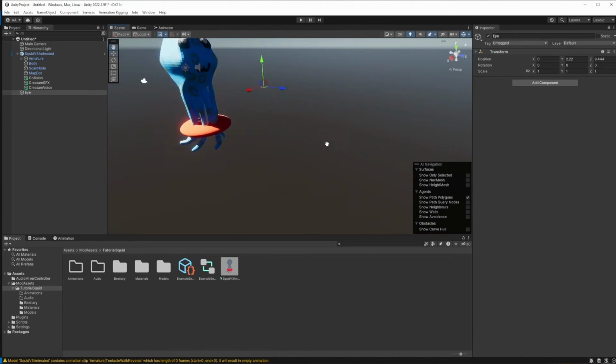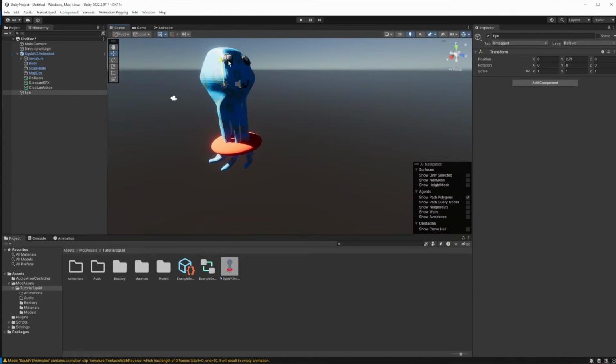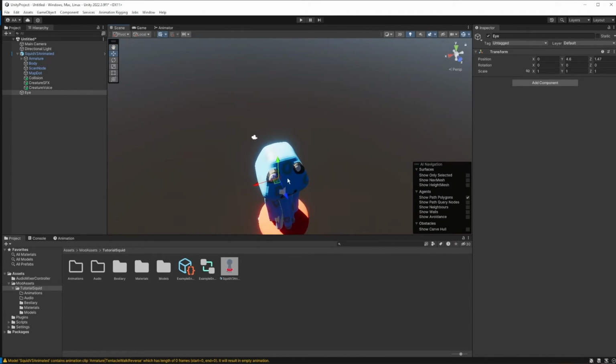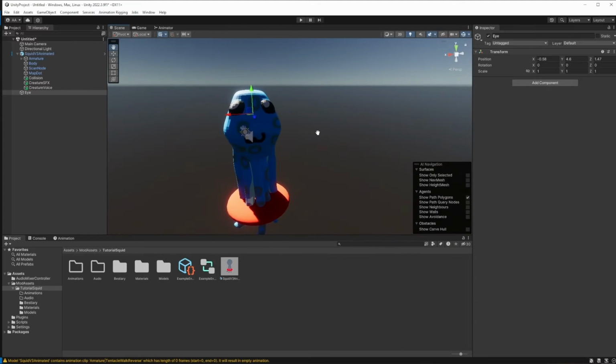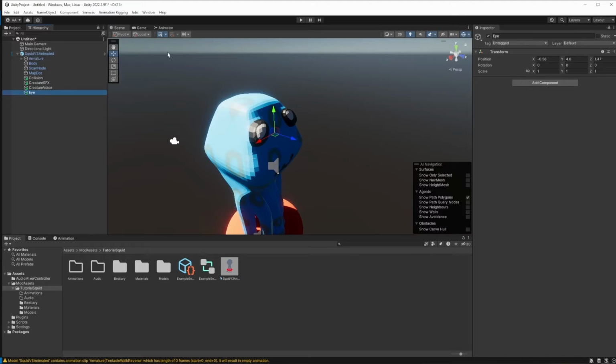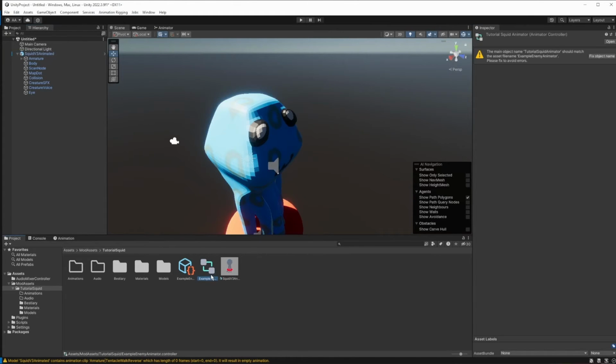And then the eye, you're gonna reset the position of that. So after resetting the position of the eye, you're gonna drag it up, put it somewhere near the head. Just right here looks fine. Yeah, it's perfect. And parent it in there. Now you're gonna press here, you're gonna press override, and you're gonna apply it all. Next, you're gonna rename these into Tutorial Squid Animator